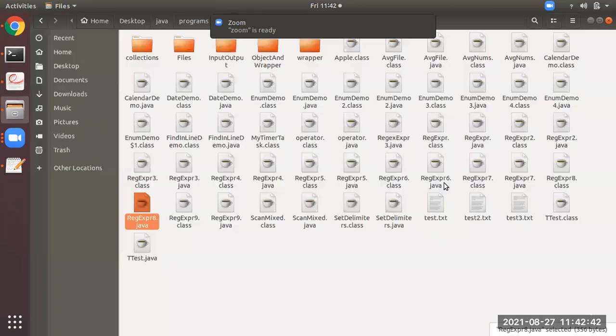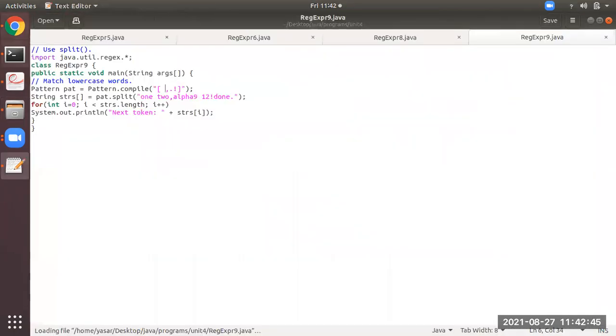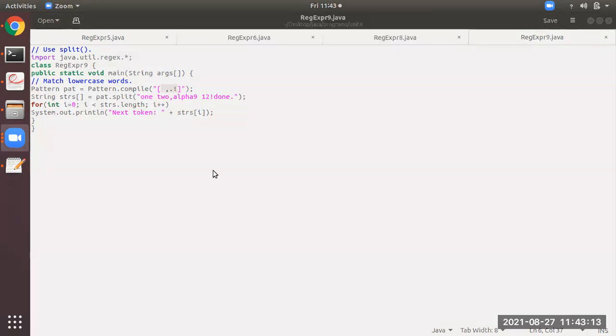So this is the regular expression 9th program. You just see here, this is a string, and it will be broken down according to whatever is specified in the pattern. In the pattern, you see these are some marks: comma, dot, etcetera. Whatever is there, just read out. How many are there? There are three. Yes, there are 3 delimiters. According to that, we will break this particular string into 3 parts. Just observe here.